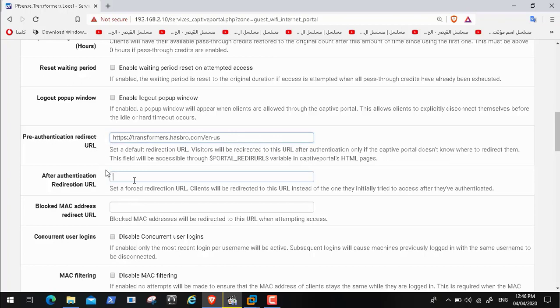So I need the user, after authenticating, putting the username and the password and they are correct, I need him to, after authentication, which means that the system inspects the username and the password, and if they are right he will let you go in. Okay, so after successful authentication I need him to go to Transformers, this